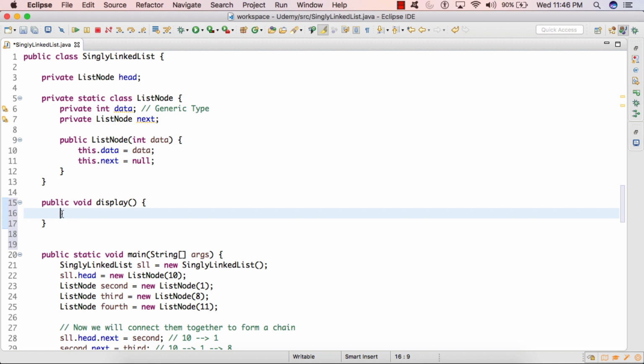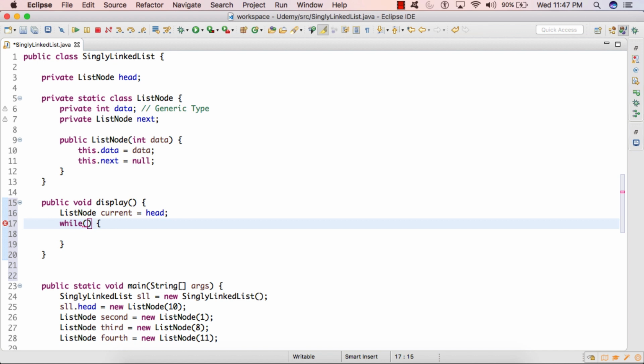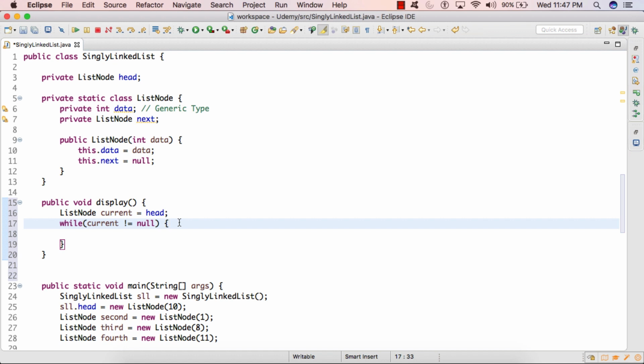So friends, in our previous tutorial we saw the animation of this algorithm. So here now we'll code this algorithm. So first we'll create a temporary node by name current and we'll assign the value of head to it. And then we saw in the animation slide there was a while loop into which condition was that we were checking whether current is equal to null or not. So if the current was not equal to null, we were printing the current's data on the console and then we were traversing the current to its next.